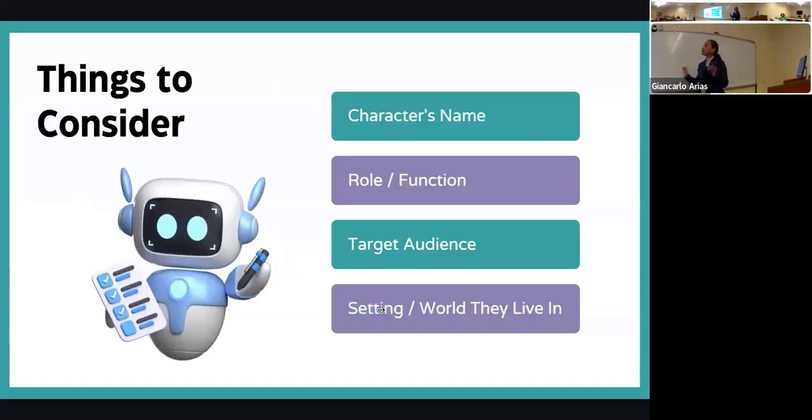So, things to consider if you're going to put your AI character together to be a teaching assistant, to be a research assistant. When I came up with the idea, I said, I'm going to have to come up with a name. What's this AI character's name going to be? Is it going to be male? Is it going to be female? What will the role be? I said, well, you're going to be an AI research and teaching assistant. You're going to be doing it in my college prep class. I am servicing students in New York City. I need you to have a sense of humor, but please do not be corny.